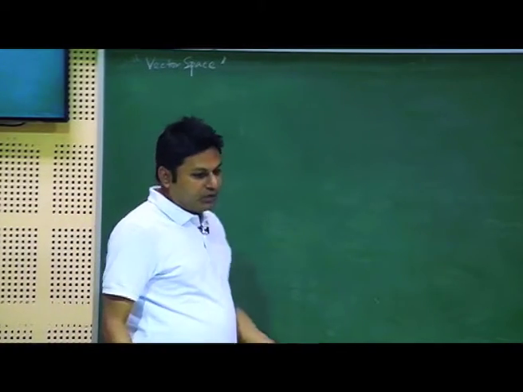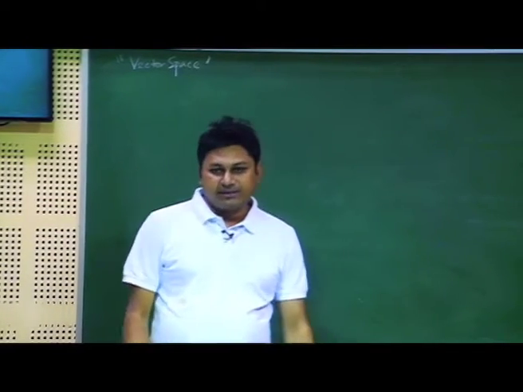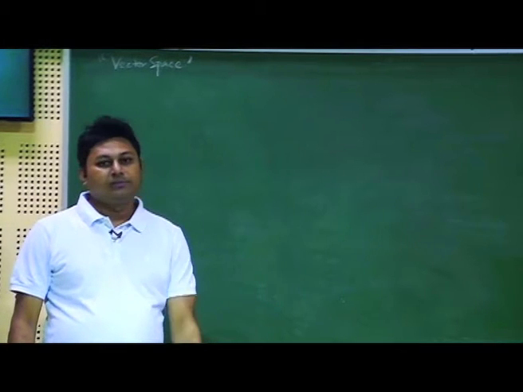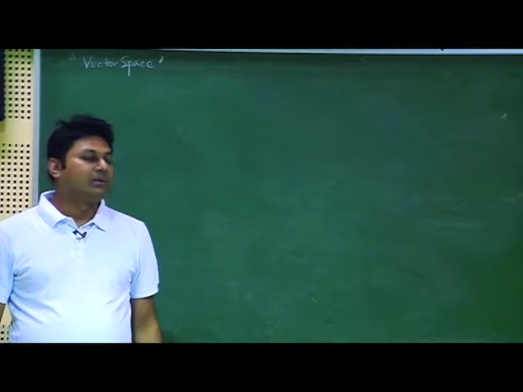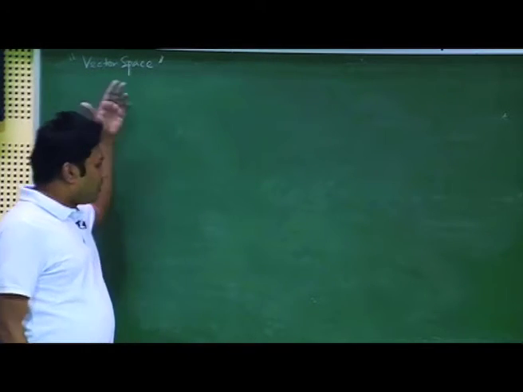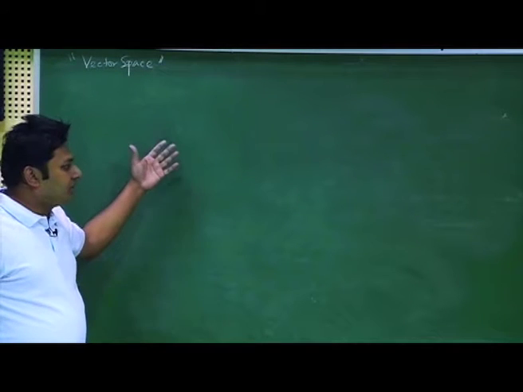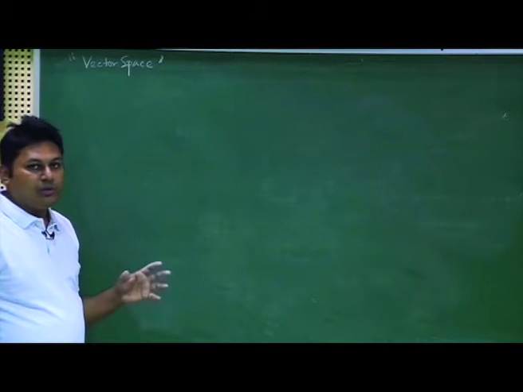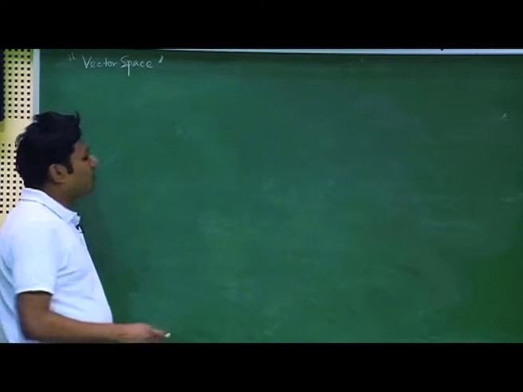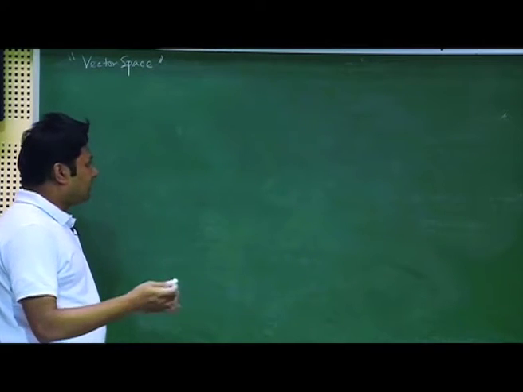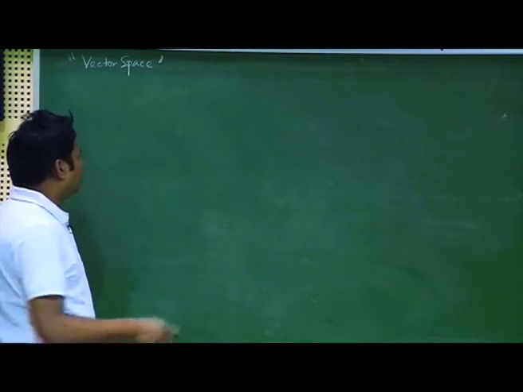So far, whatever we have learned is related to sets, then binary operations, then rings, then fields. All of these things have some properties. Now, after having the knowledge of all these things, I am going to construct something called a vector space, and let us try to find out how to define a vector space using the concepts we have learned so far.